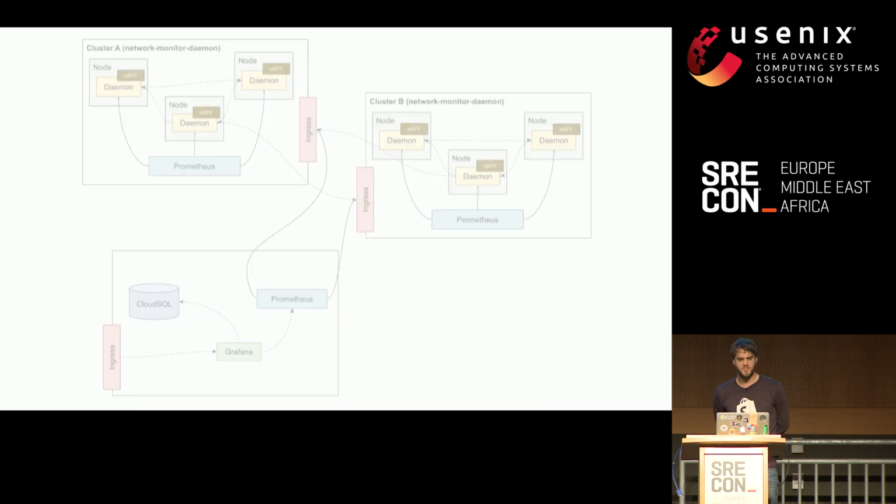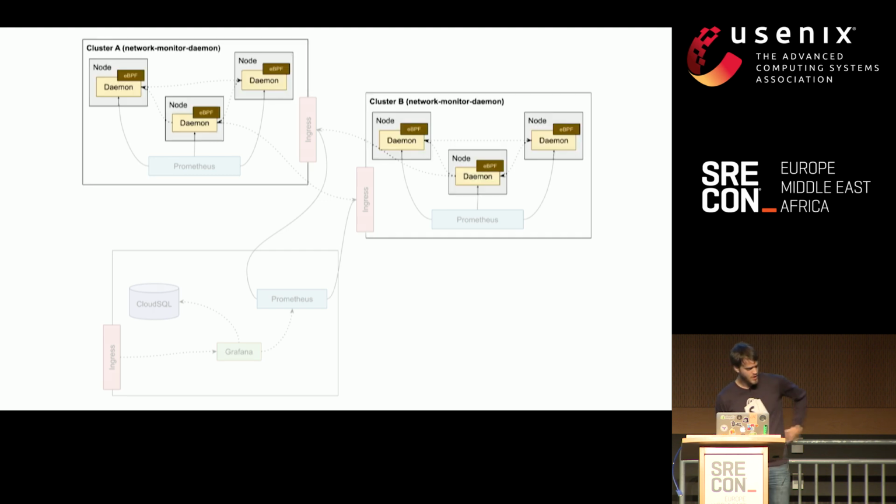So now that we understood BPF, we built out a multi-cluster setup. We have a daemon set. Again, like I said, we're running in Kubernetes. The daemon set will ensure that our BPF programs of metrics that we want to track are attached on the nodes. We also have some things running in the background that make sure they get cleaned up. The daemon also is responsible for collecting them from the maps and exporting them, but also tagging them with really interesting metadata, like the container names of the source and destinations of our communication.